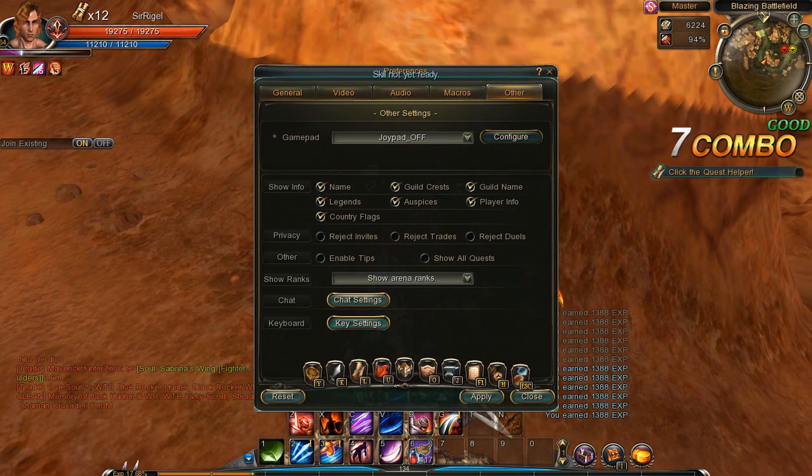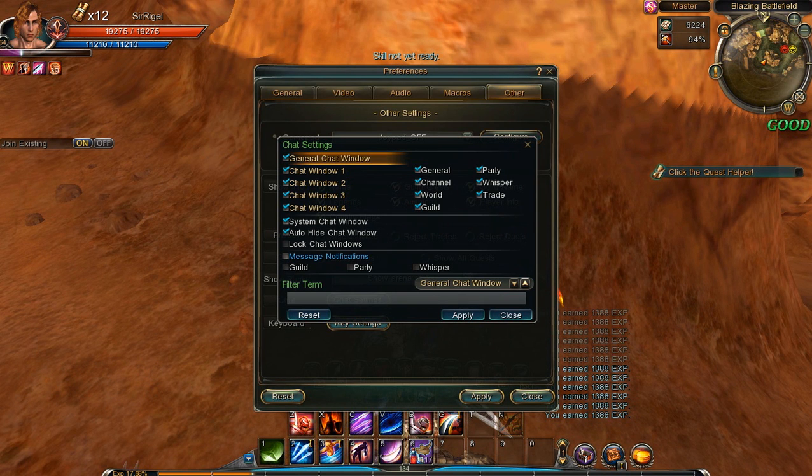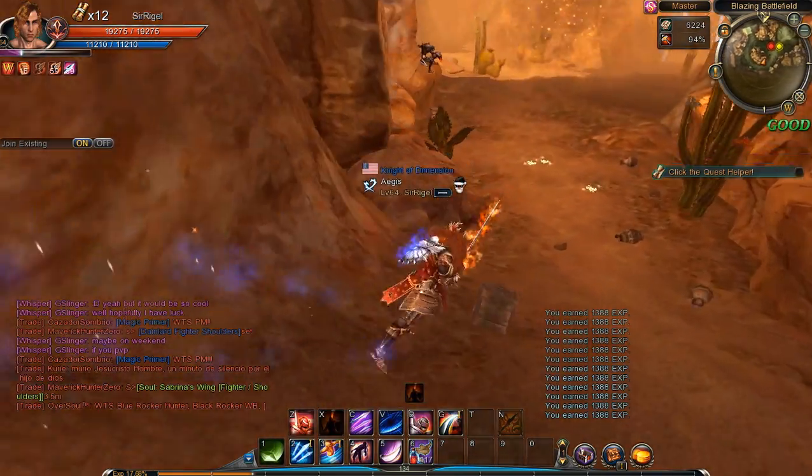If you want an easy way to list the rare mobs, just type in Elite Necros Mage, I think. Type it in correctly with proper capitalization and put that in the system chat window. Elite Necros Mage, right? There you go. Hit apply. And now if you look at the system window on the right, you will see only chats from